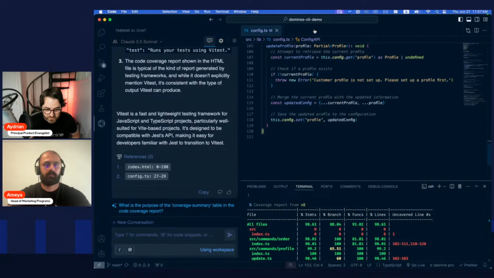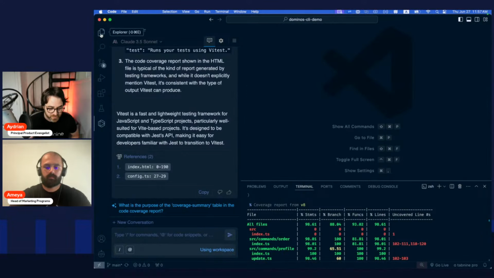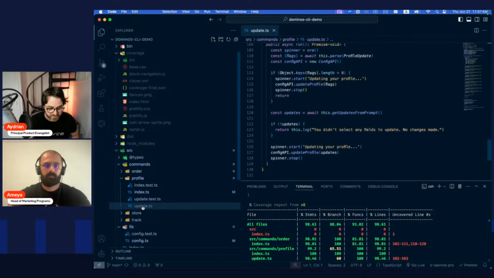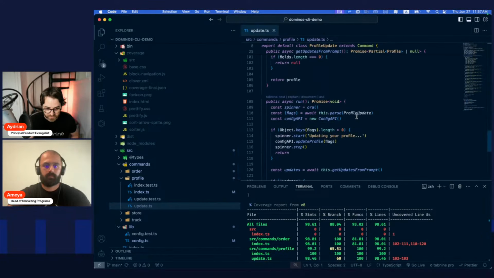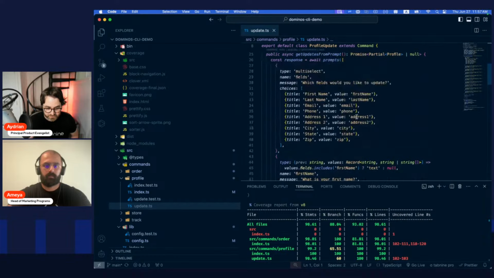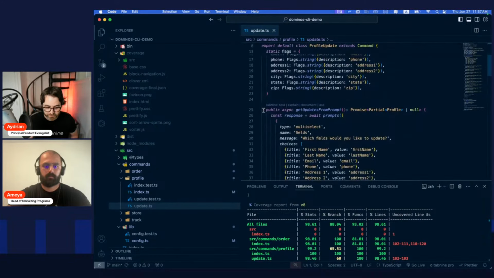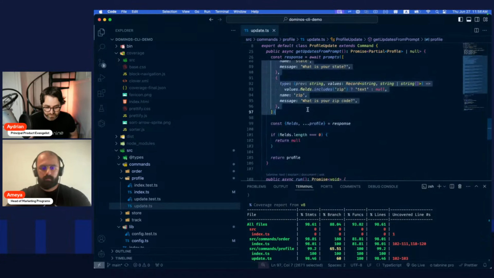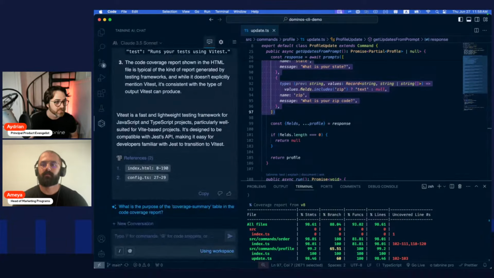Let me close this, and let's open up our update file. Somehow I closed that. And it is this function. So I'm going to highlight this function here. And I'm going to go back over to my chat.